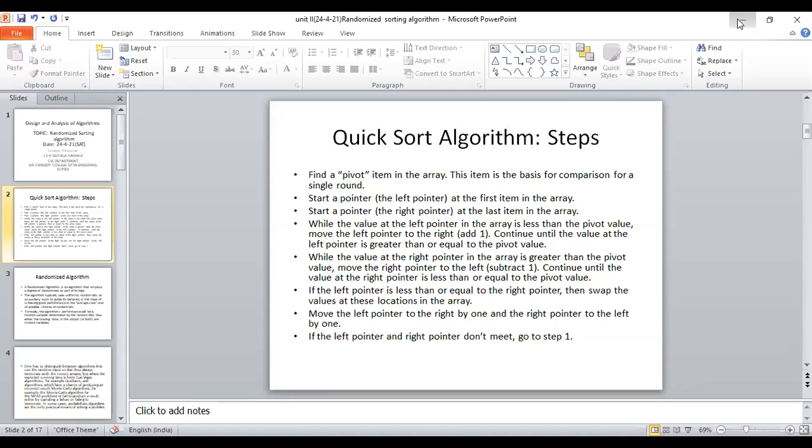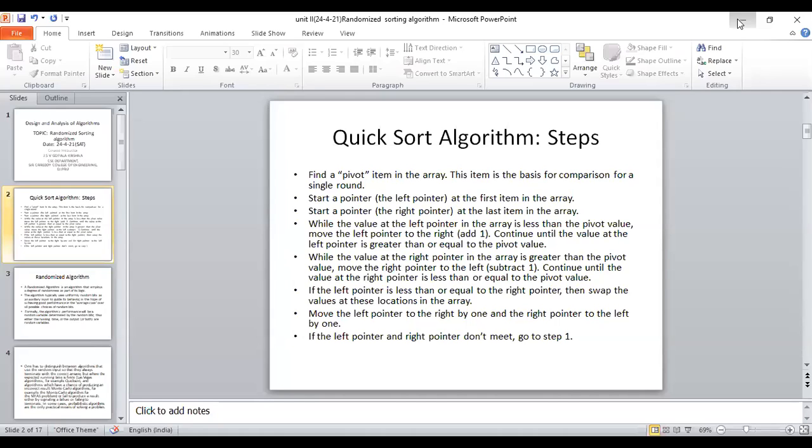So the recurrence relation for A of n will be 1 by n sigma, 1 less than or equal to k less than or equal to n, A of k minus 1 plus A of n minus k, plus n plus 1. The solution of this recurrence relation is big O of n log n.